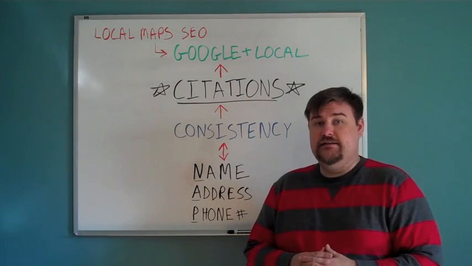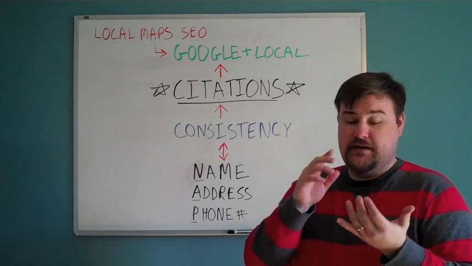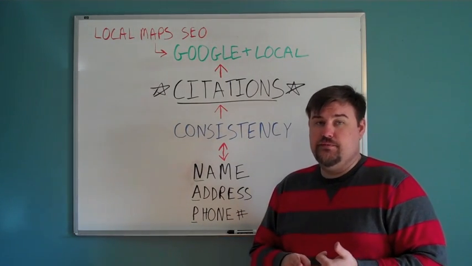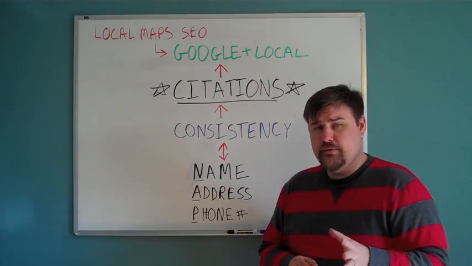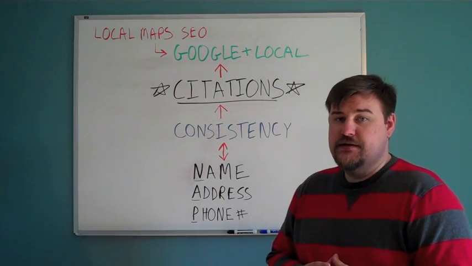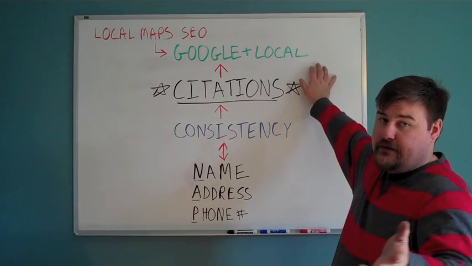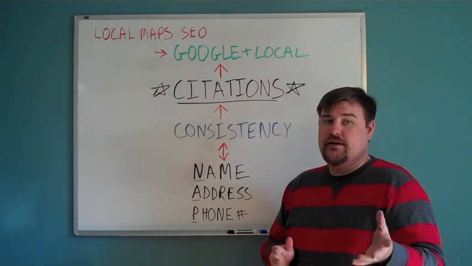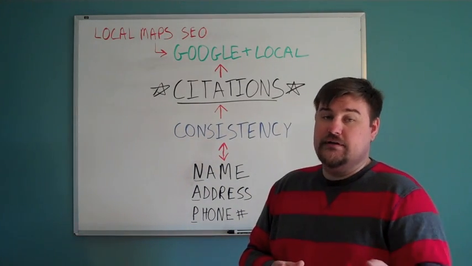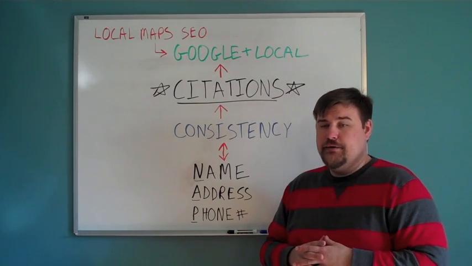My business is located in Atlanta, so all of my citations list my company's address, phone number, and it's very consistent across the board. So what I really want to talk about today is how you can build citations for your business so that you can show up next to that map. And with anything, if you have a Google Plus profile, you may already have claimed yours. If not, it's probably already out there. You can go and claim it. I'll talk about optimizing your Google Plus page in a later video.